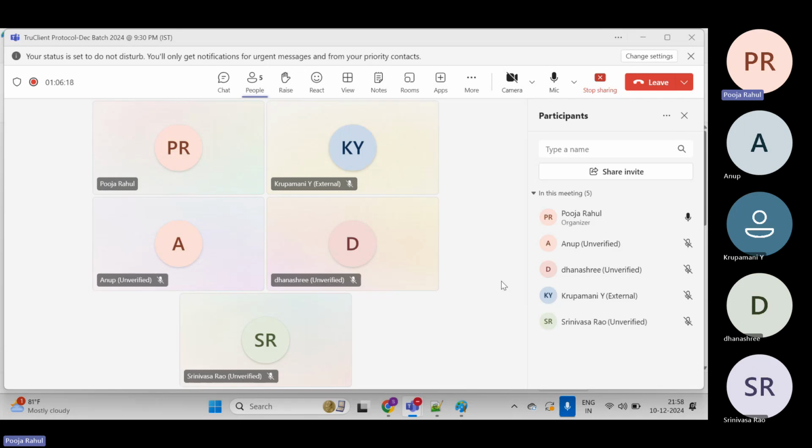TruClient protocol licensing is a little costly, right? So you cannot buy a large number of user licenses when compared to HTTP protocol. If you compare the two, the HTTP protocol license cost is a little more optimized when compared to TruClient protocol. But when the customer is expecting it, there is no other go, we have to do that. There are customers who say, I need a combination of testing to be done. A few users you have to run with the HTTP protocol, and a few users with the TruClient protocol. Like that also, there are times customers are asking. So in that case, no other go. We need to